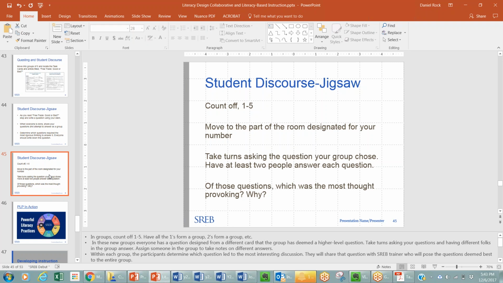So now I'm going to hear a main idea question. I'm going to hear a compare and contrast question. I'm going to hear a synthesized question, and so on. And we're going to have 1 or 2 people answer my questions. And then share with the facilitator which one of those were the best, the most thought-provoking. And the facilitator, the SRB trainer, is going to share those questions with the whole group and maybe lead